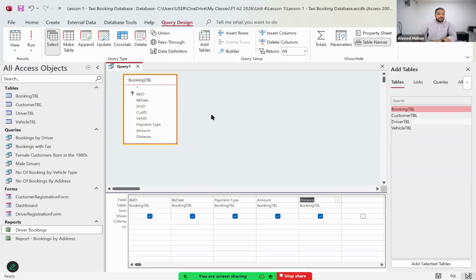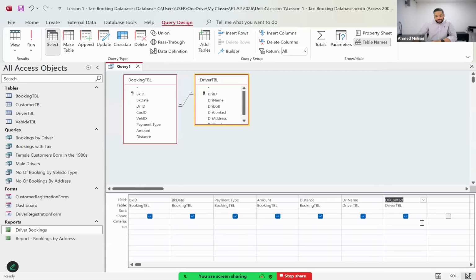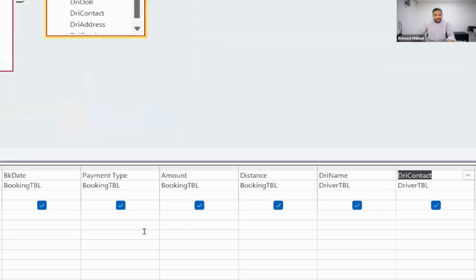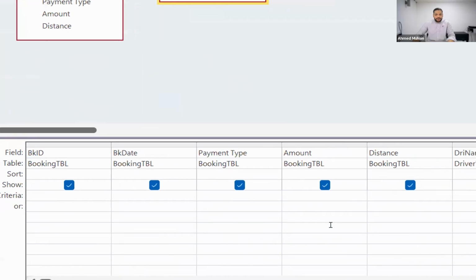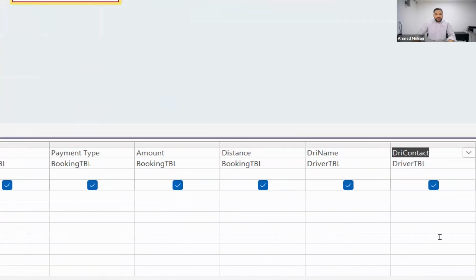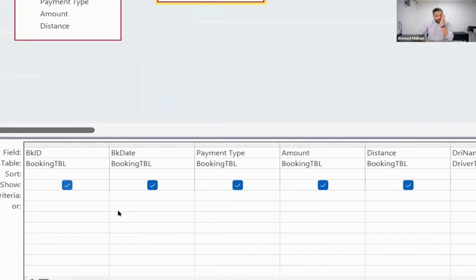No, you can take it from the tables all connected to each other now. So from the driver table, you can take the driver's name and the driver's contact. Everybody okay with this? What did I say? You can take the driver's name and the driver's contact. Everyone, did you all get down these fields? We have the booking ID, the booking date, the payment type, the amount, the distance, the driver's name, the driver's contact. Now the only thing that's missing is,